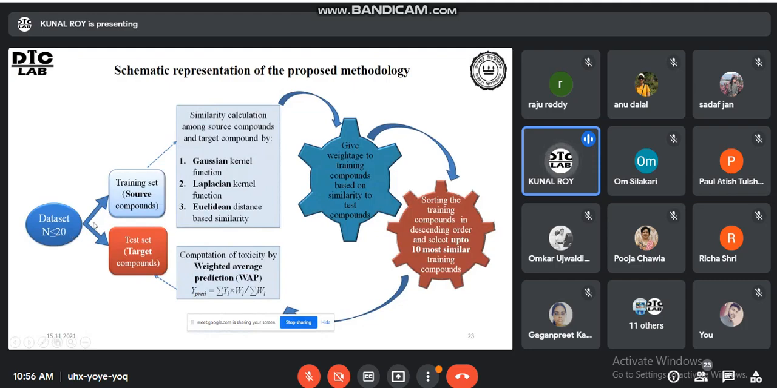So what we have done is divide the data in each case into 2 parts. We use the term source compounds for one series, and the other is target compounds, and we have divided them 50%. So 50% of the compounds were taken as source compounds, and 50% as target compounds. So in case 1, we have 18 data points. We have taken 9 and 9 like this, and we have used 3 similarity calculation methods using kernel functions. One is Gaussian